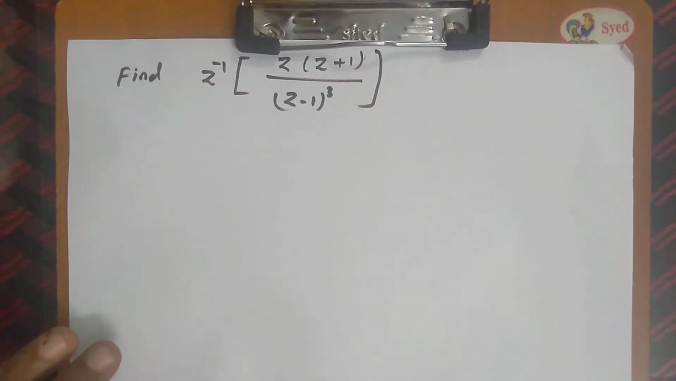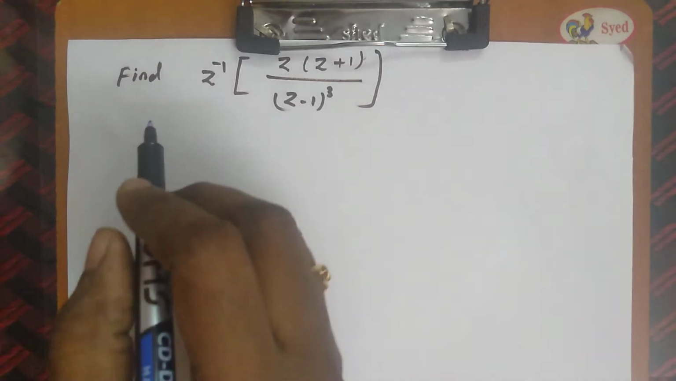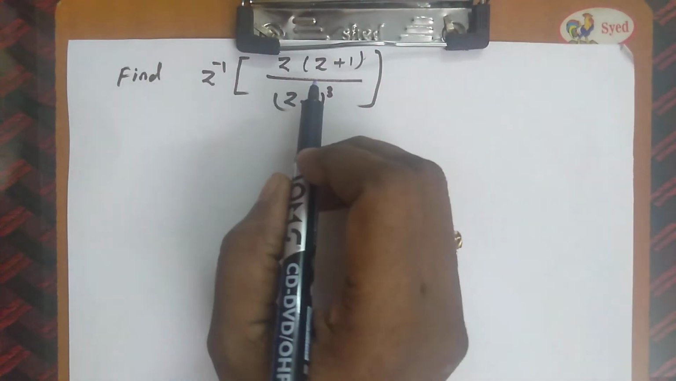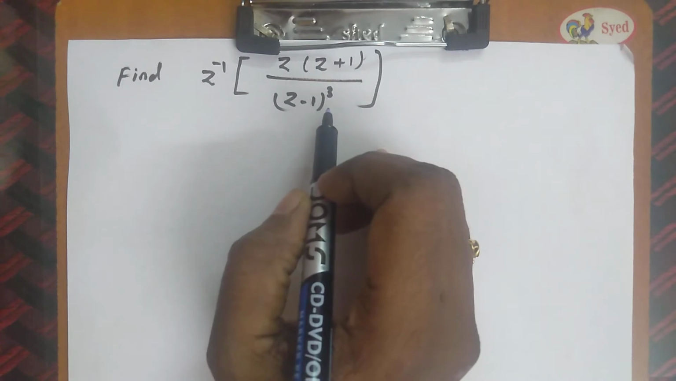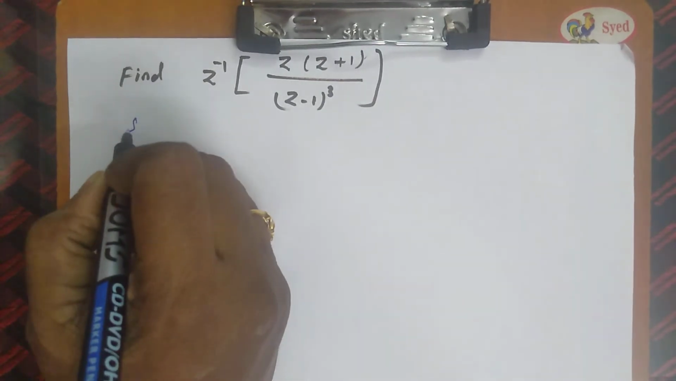Today we are going to see a problem under residue theorem. Look at the question. Find Z inverse of Z into Z plus 1 by Z minus 1 the whole cube. So the solution is,